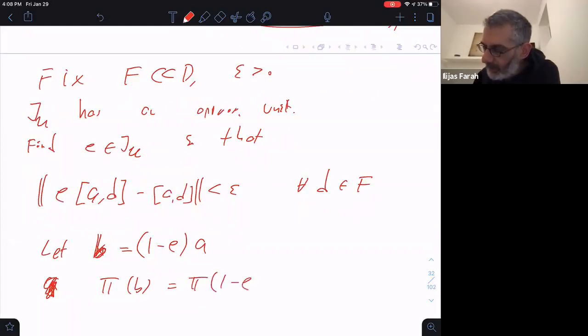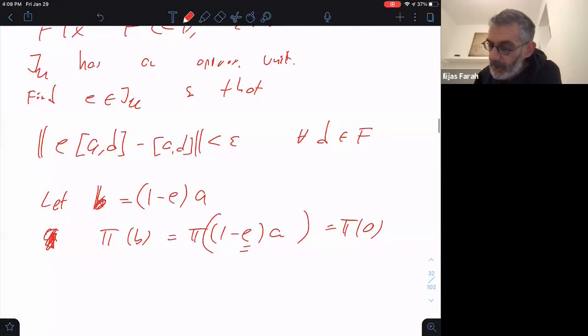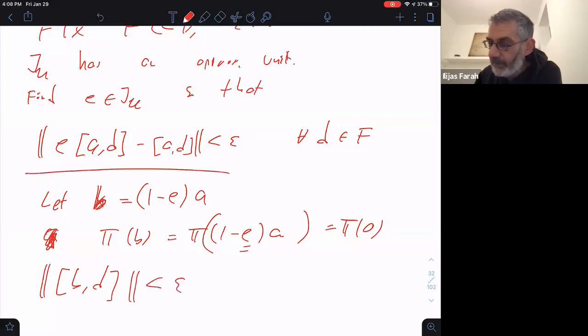Well, it is P of (1 minus E)A, but E is in the ideal, so it is P of A. On the other hand, what is the commutator of B with d? Well, it is going to be less than epsilon. It follows from here, because B is just,